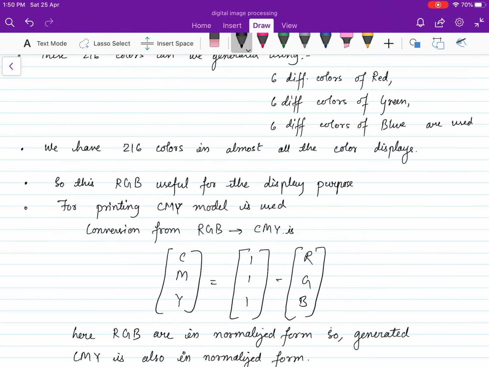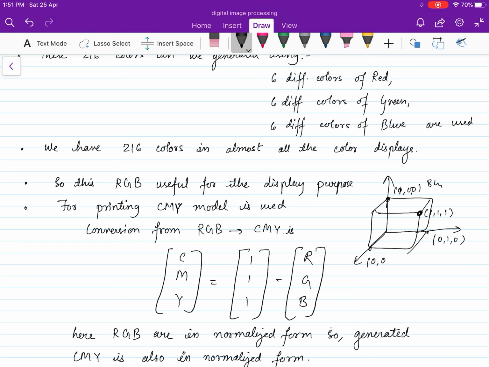As we know, the RGB model was something like this cube. We have these axes, and this 111 was representing white, and this 100 was representing blue, and this was green 010, and this is red, that is 001.